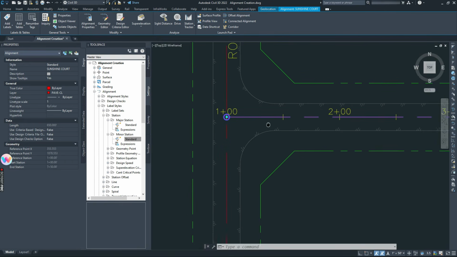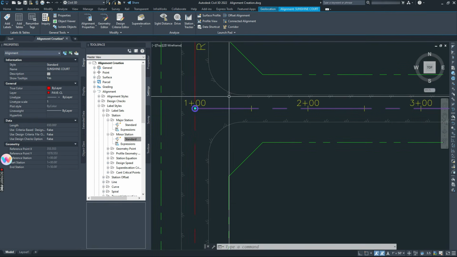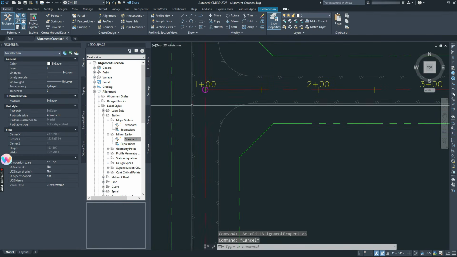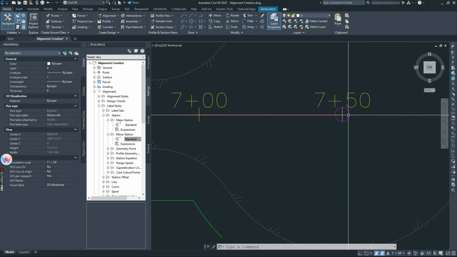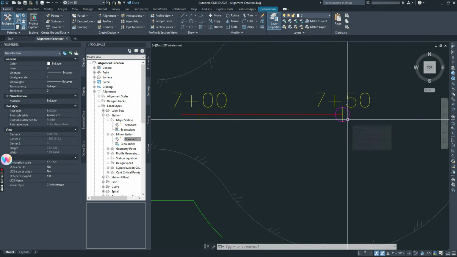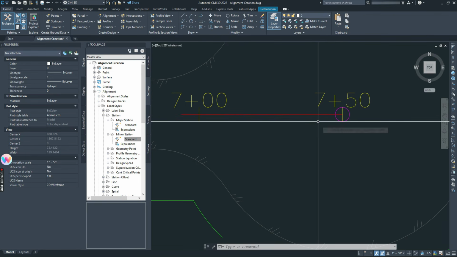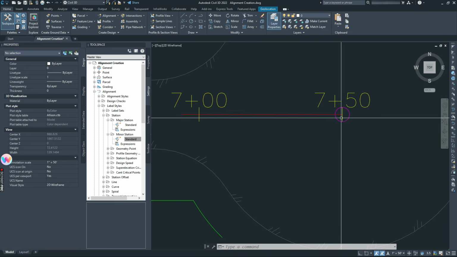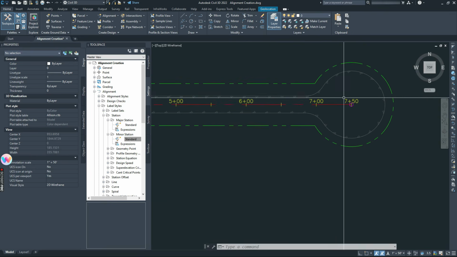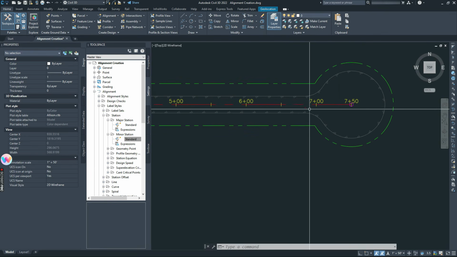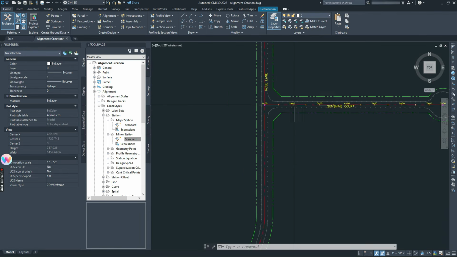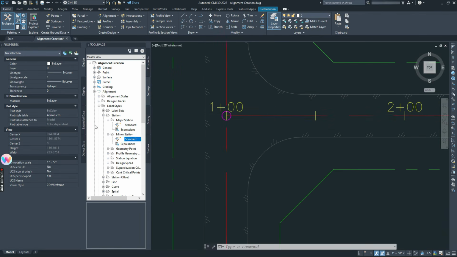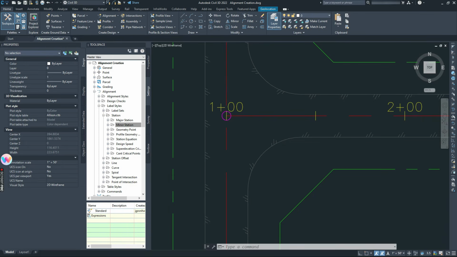Now, the only thing that I have left that I would like to do to this alignment is get rid of these weird magenta markers at either end of the alignment. These will show up a lot of times at geometry points and at the beginning and end point of an alignment, and they have a use at times in this sort of a situation. I'm not really planning on using them. I will have some maybe that are attached to labels that I place, but I don't need them showing up just to identify geometry points. And magenta with my plot styles is going to print really dark and ugly anyway,